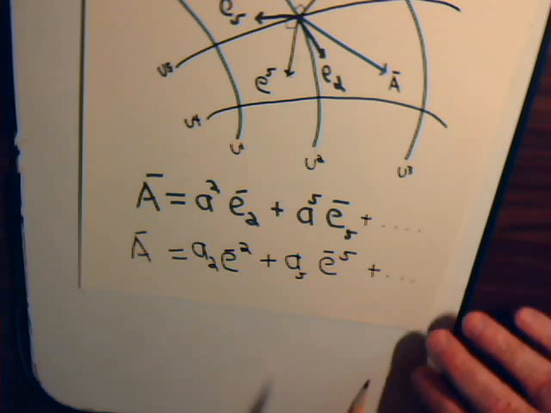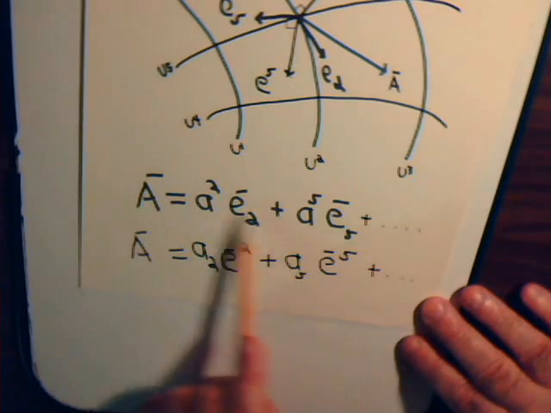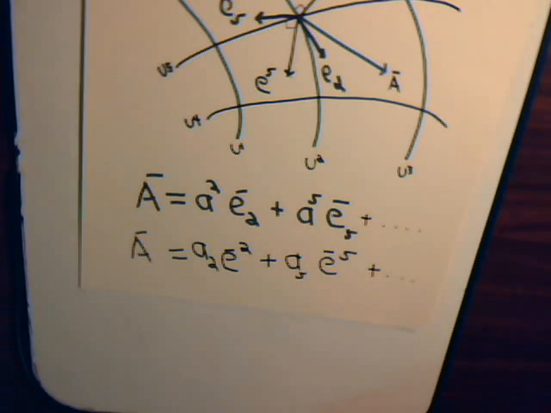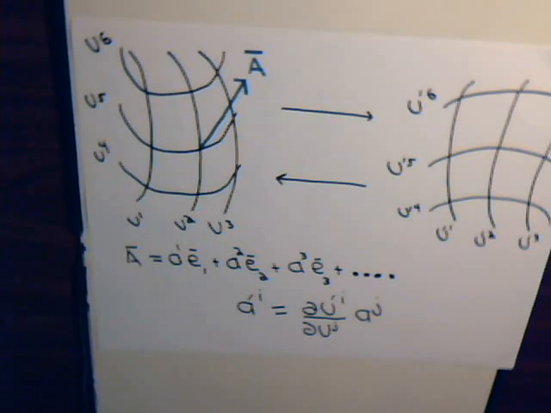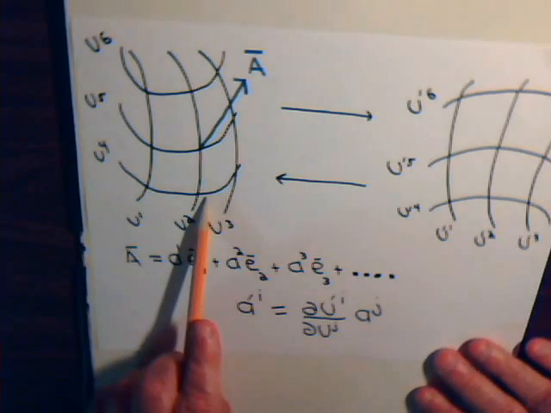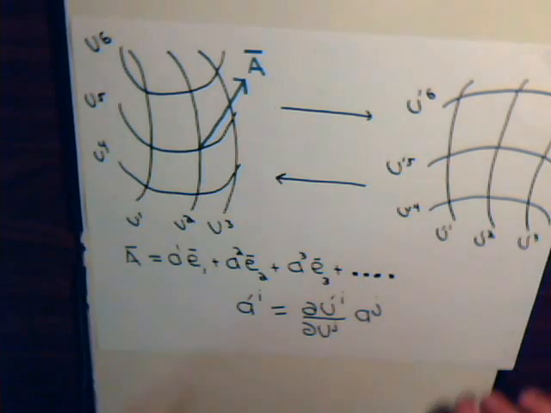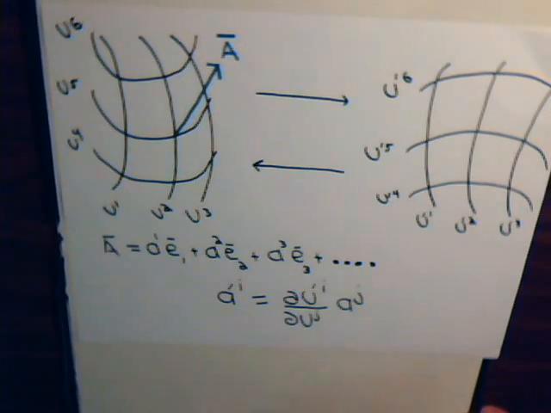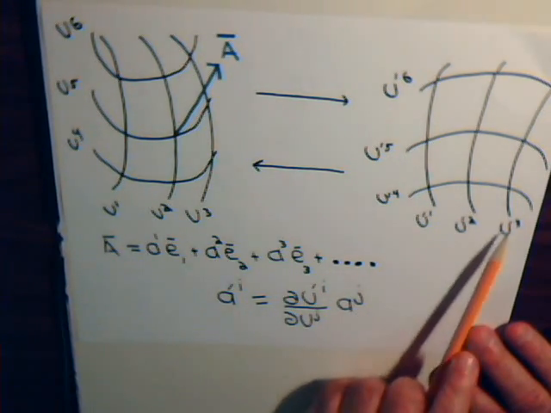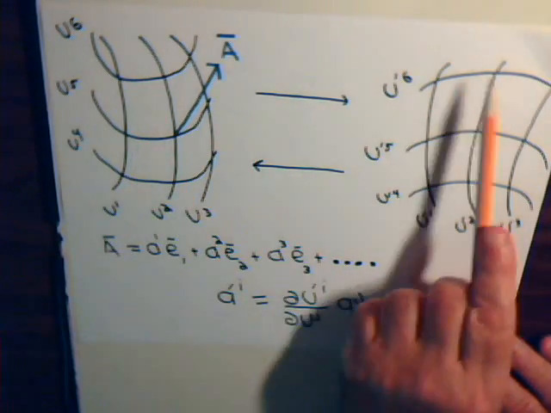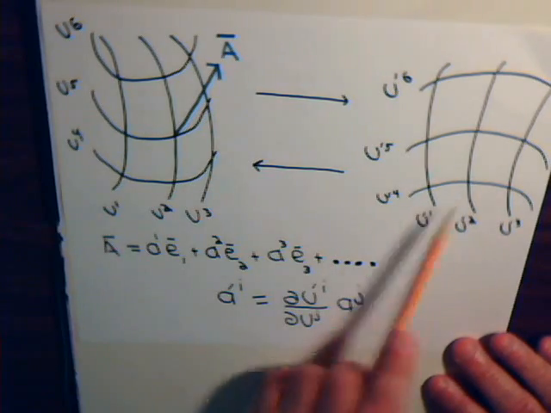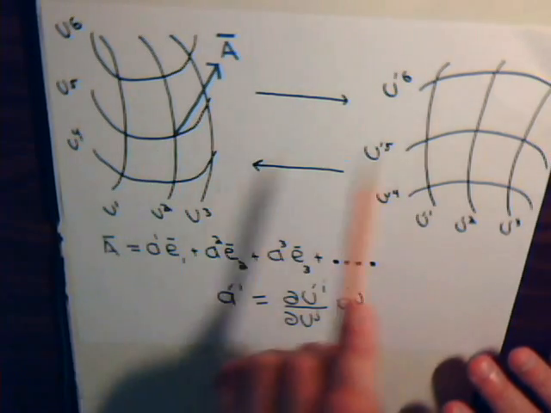And we showed in the past video that indeed if you write the vector A like this, and then if we consider a transformation from this system, u1, u2, u3, then we have a different set of curvilinear coordinates, u'1, u'2, u'3, and so forth, where we know how to transform from the primes to the unprimes, and from the unprimes back to the primes. We know how to transform between the two